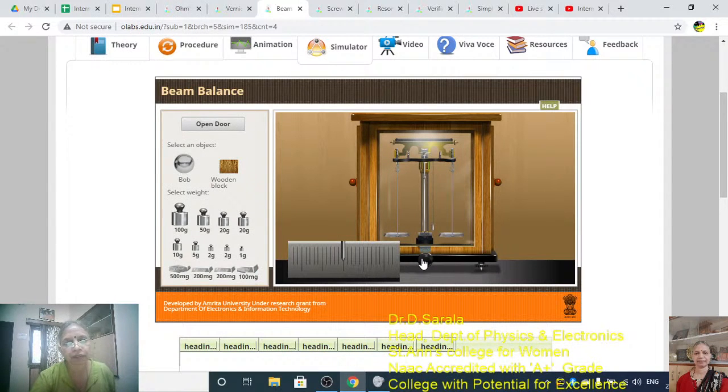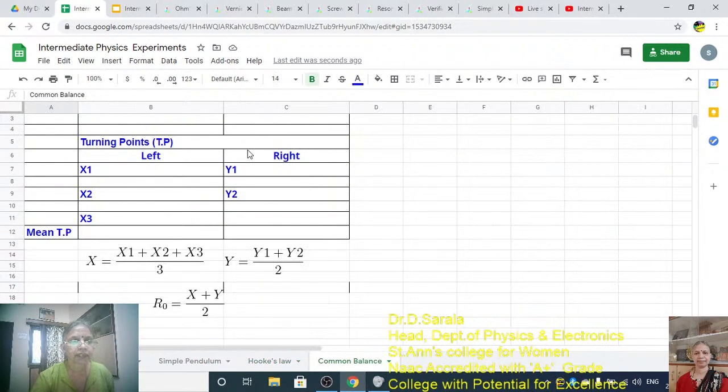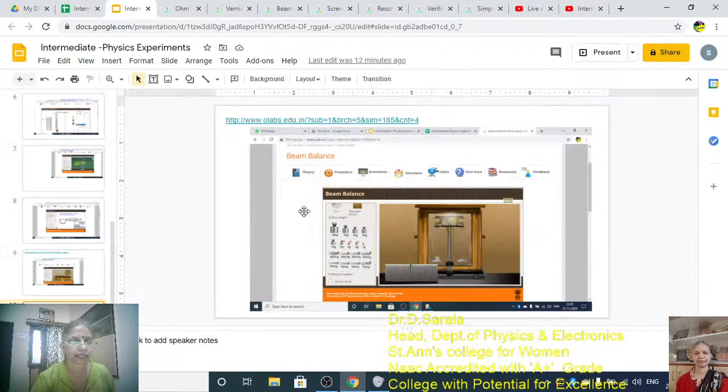So before you make any measurements, you must find the zero resting point. So close all the doors. See how many turning points on the left, turning points on the right. Take the average and find out the turning points. Left 3 turning points, right 3 turning points. Find the average of this, find the average of this, find the resting point, and accordingly do the calculations. So this is how you will be doing different